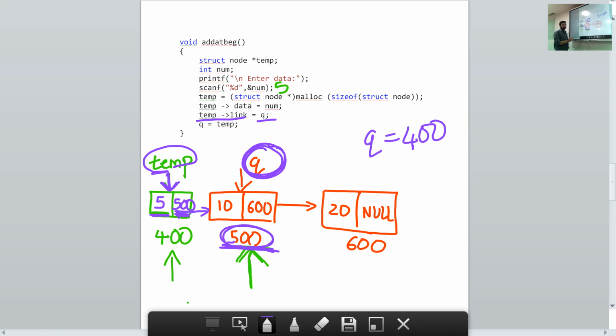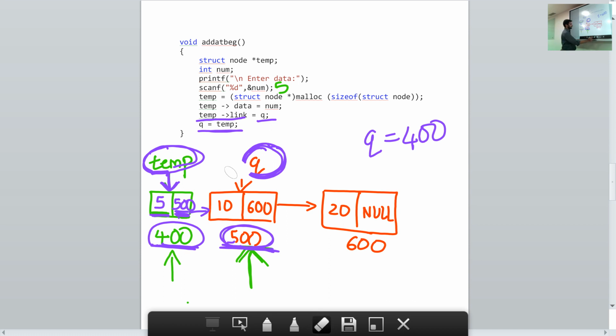Now in the diagram, which variable contains the value 400? Temp. Temp contains the value 400. So we assign the value of temp to q, so that q is pointing to the first node. We do that using the last statement, q equal to temp.